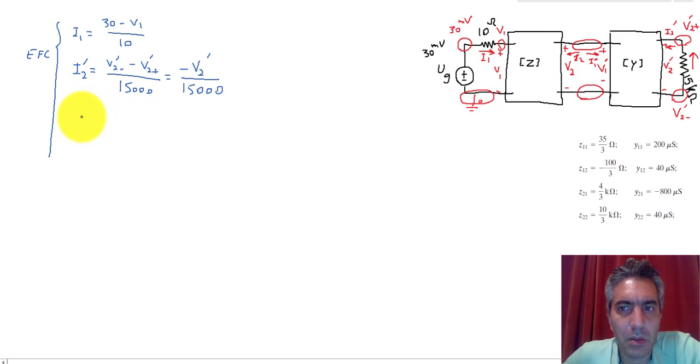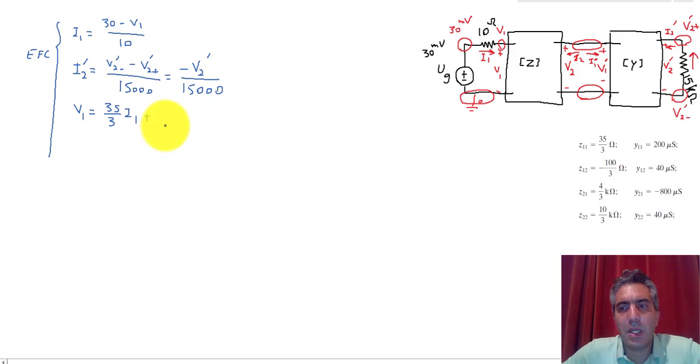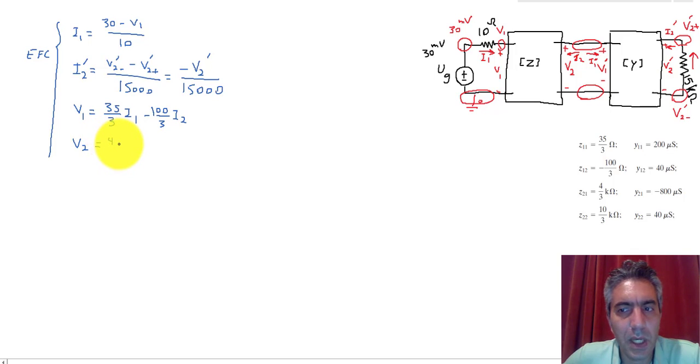So the Z parameter equation for the subsystem on the left would be V1 is equal to Z11, which is 35 divided by 3 times I1, plus Z12, which is minus 100 divided by 3, so minus 100 divided by 3 I2, and then V2 is equal to Z21, which is 4000 divided by 3 I1 plus Z22, which is 10,000 divided by 3